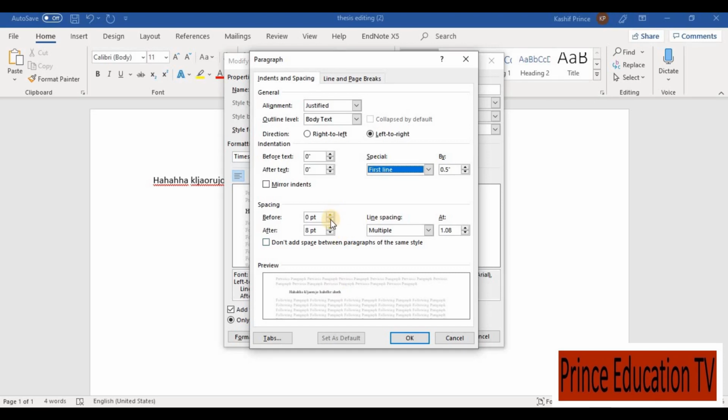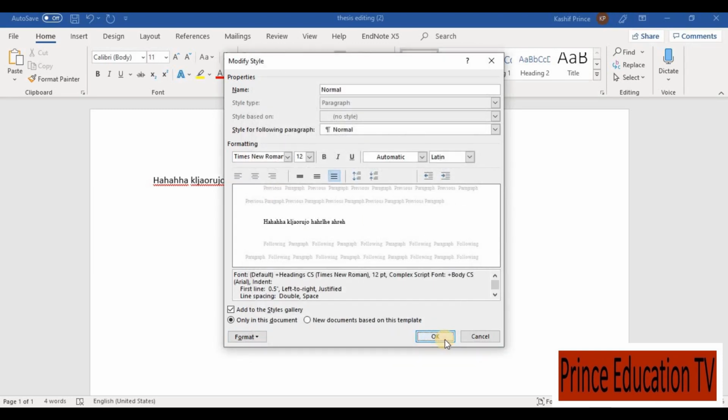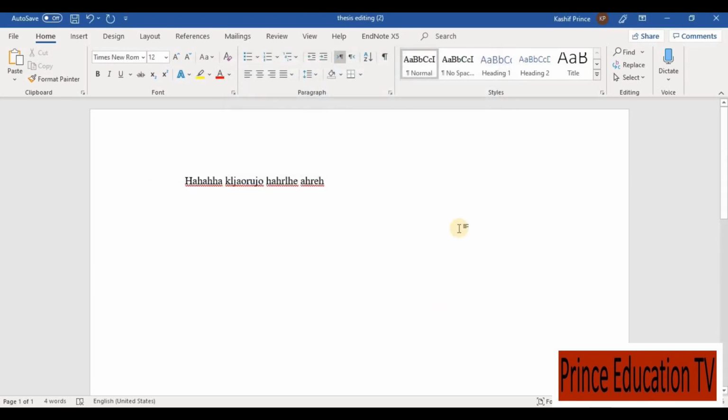Okay, then we will set the spacing to automatic, and this will also be automatic, and then the line spacing will be double, and I will click. According to my thesis, these things are okay to me, so I will click OK. You will do it according to your thesis. It's okay. Then I have set the normal style, then I will click on OK. Then I will move to heading style 1.